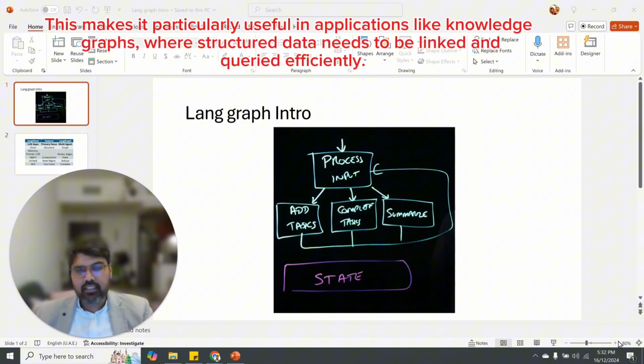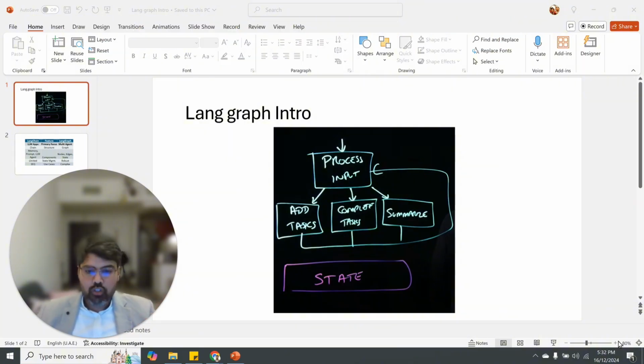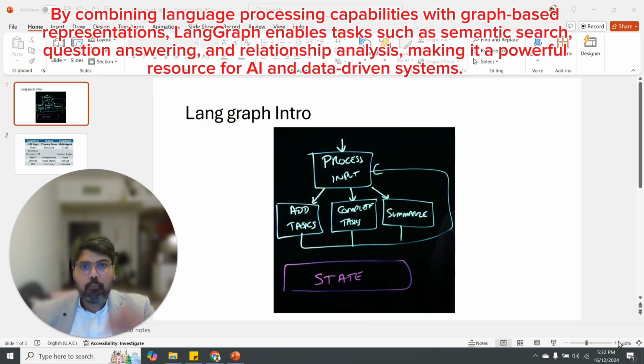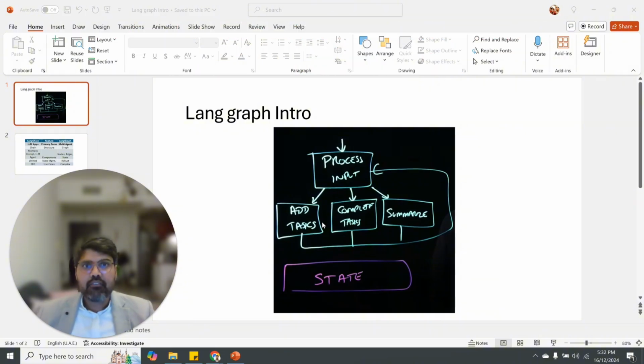So let's consider a task management assistant agent. Now the workflow here involves processing the user input. So let's start there. What it does, it processes inputs. Then to this workflow, we are adding the add task, complete task, and summarize task options that are